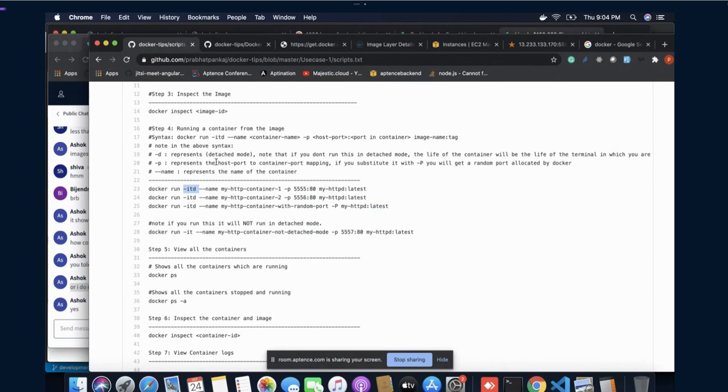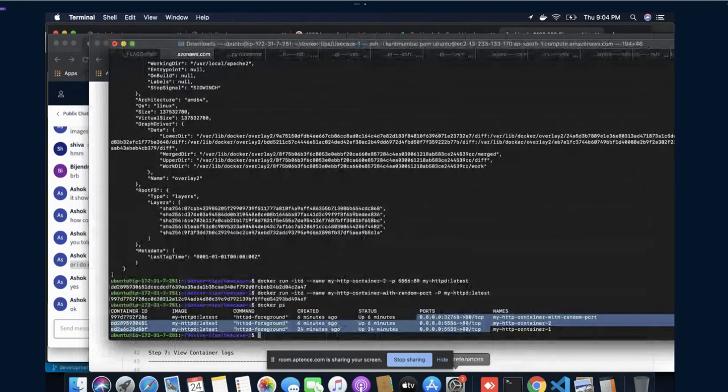If you're not writing this, it will run your application in the foreground, not in the background.